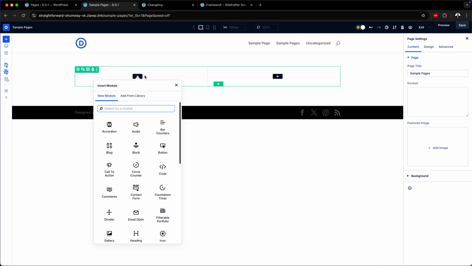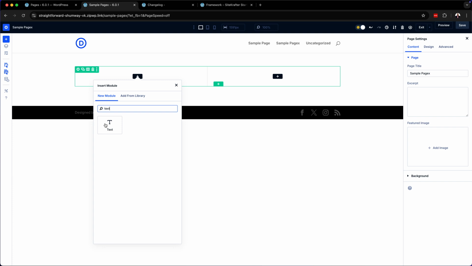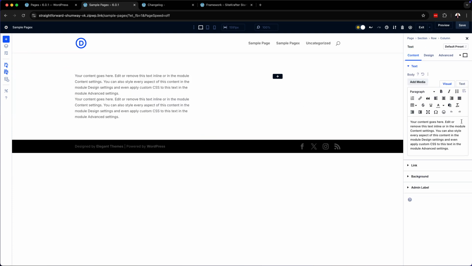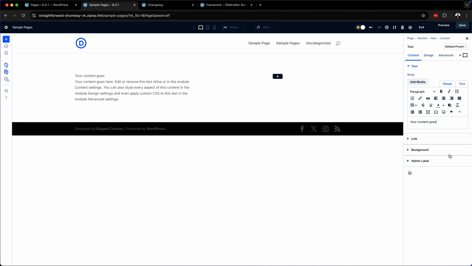Right, so in these columns, I'm going to add a text module here like that. And then I'm just going to duplicate it. Okay, I need 2 of them. All right, so with the first one, I'm just going to need a bit of text so I can demonstrate the pre-header. Okay, so now that I have this,